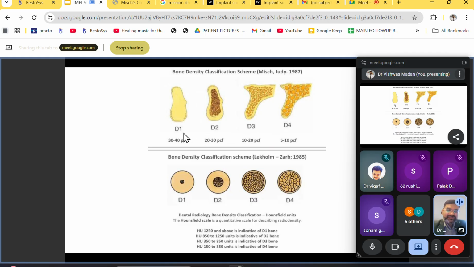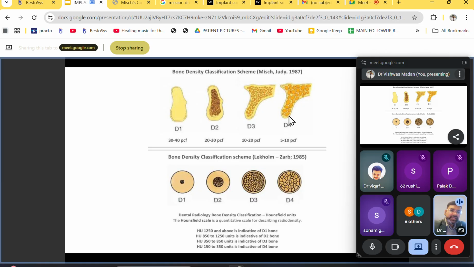Okay, so as we go from D1 to D4, we'll find that D1 is the most dense, then D2 is having slightly more trabecular pattern, more vascularity, more blood cells than the D1. So the outer rim is going to be dense, but the inner part is going to be more porous. Then we will go into D3, where it is more porous, less dense, and D4 is the most